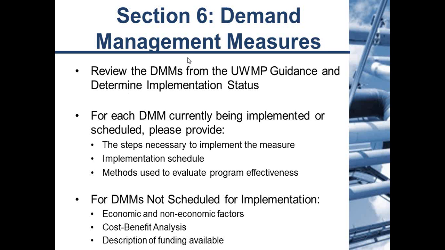And for each DMM not being implemented, we want to provide reasoning for why it isn't being planned for implementation. This can include a cost-benefit analysis, description of funding available or not available, and/or economic and non-economic factors that can attribute to this. Section 7 of the Urban Water Management Plan is an optional section, but we highly suggest that